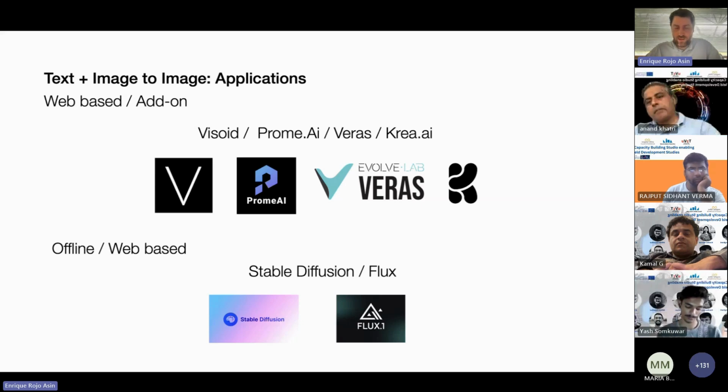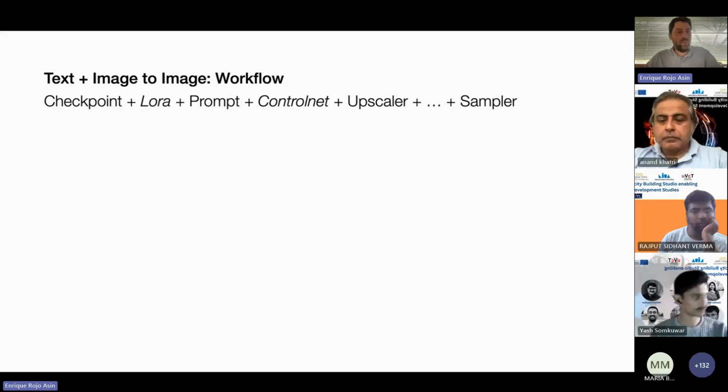But in this case, as you will see, we add some things like the LoRA or the ControlNets or the upscaler to the workflow.